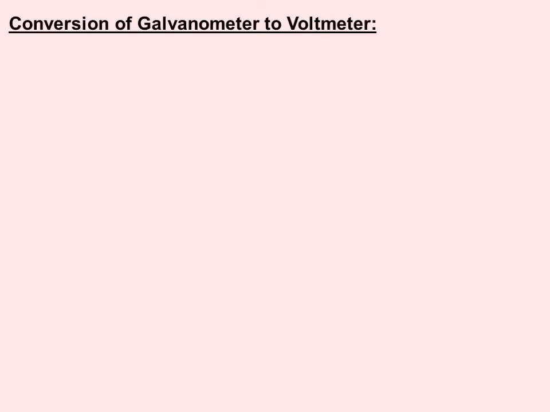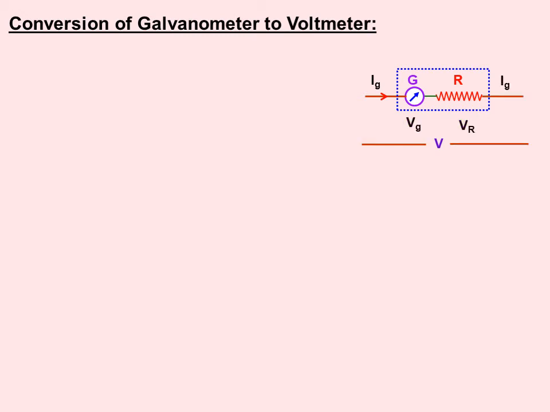Now the next point, conversion of galvanometer into voltmeter. How do we convert galvanometer into voltmeter? So my dear student, first I'll give the basic definition. Voltmeter is nothing but a device which is used to determine the potential difference or voltage in the circuit, isn't it? If you design the galvanometer in such a way that it could measure only voltage, such an arrangement is called a voltmeter. I repeat the basic definition. If we design the galvanometer in such a way that it measures the voltage directly or voltage only in the circuit, then such an arrangement is called a voltmeter. So we'll see the definition which needs to be written in the examination.